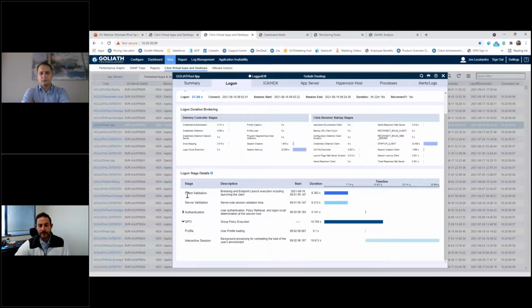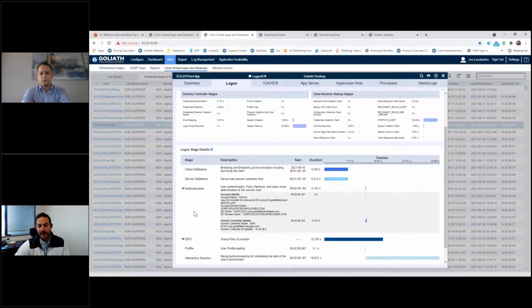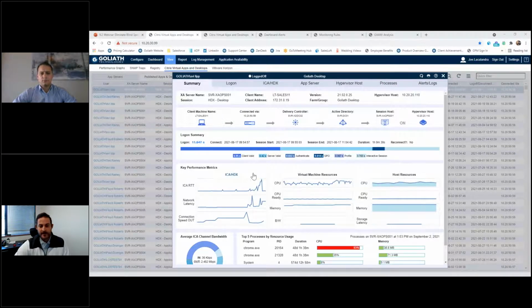And then we're even able to give you the metrics here at the bottom, like authentication, group policies. We're able to break open group policies and show you each individual policy and how long each one took. So while Citrix gets some of that information in some of their native tools, they're not able to give you the level of depth and detail that we can around the logon process. So that's one. When it comes to user experience, the big takeaway here is just obviously the depth of detail,